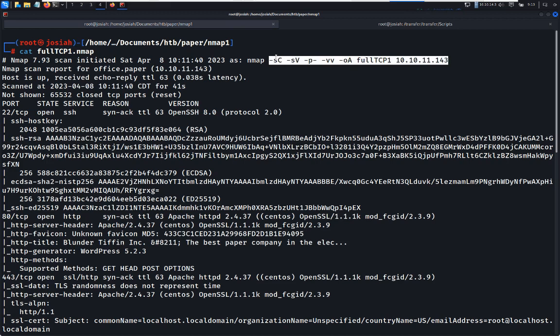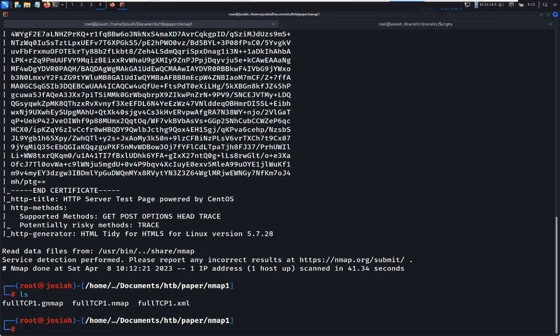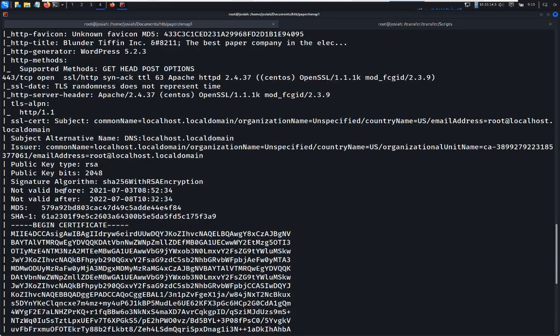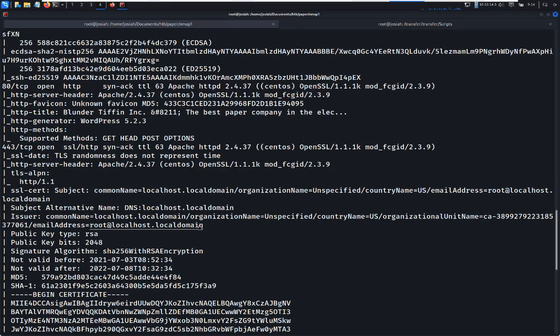So what it's doing is running default scripts, default ports, actually all ports, my apologies, and double verbose, and saving that output to a regular file here, all three formats. So you've got gnmap, nmap, and xml. So again, if I cat this out, it's going to give me all of the ports that it found and